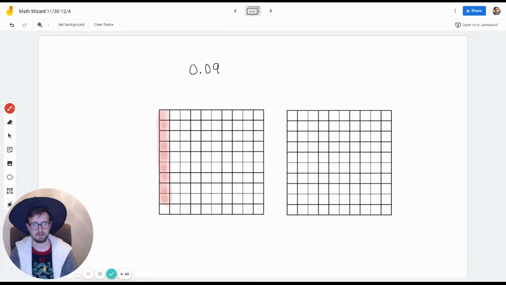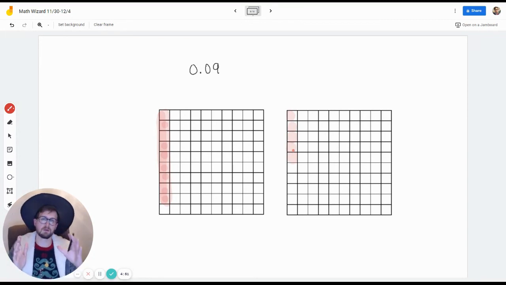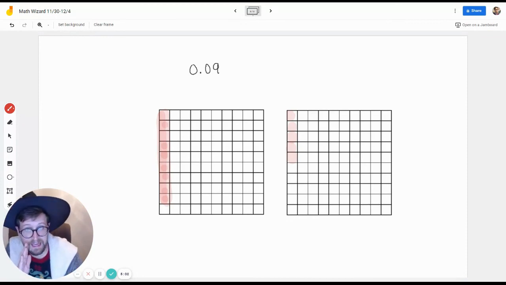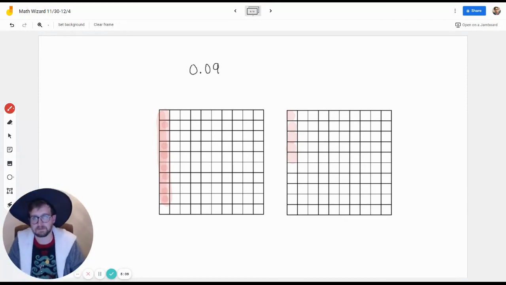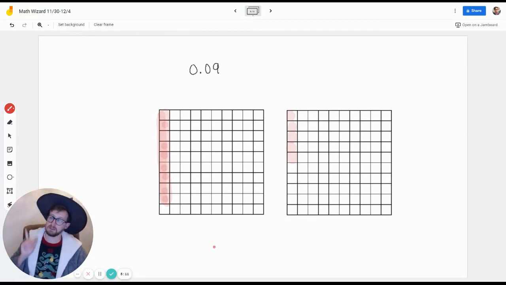I'm just trying to make your life a little bit easier than trying to count out 35 of these little dots. You can do that, right? If you're trying to make 35 hundredths, you can say 1, 2, 3, 4, 5. But the number one rule of being a mathematician like Math Wizard is mathematicians want to do things the simplest, most reliable way that we can. We like to be lazy. I don't know if you've noticed that about me. I like to be right. I like to get it done quick and know that I'm right. Try this, see what you can do. Let me know if you need